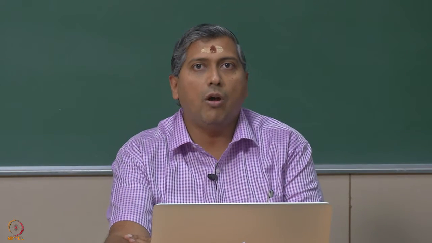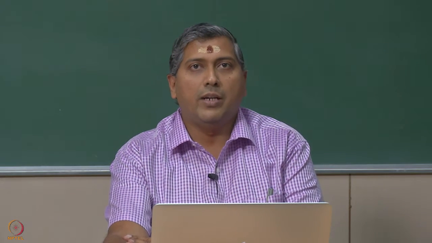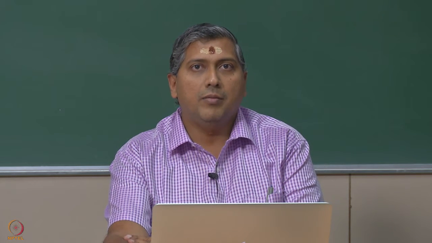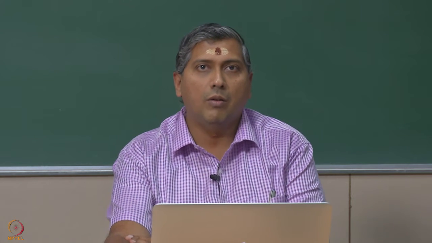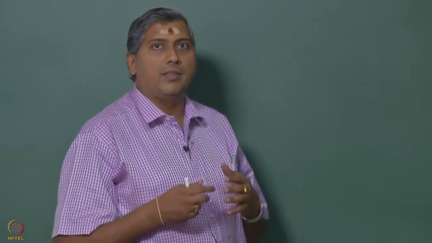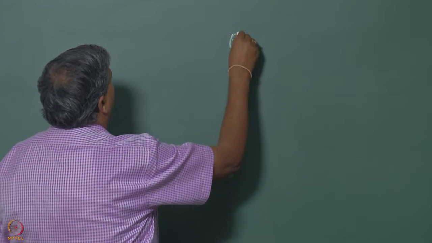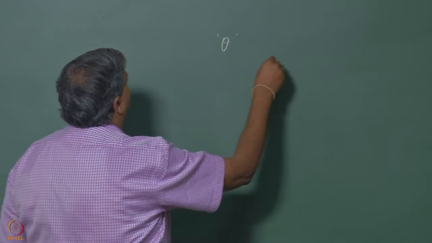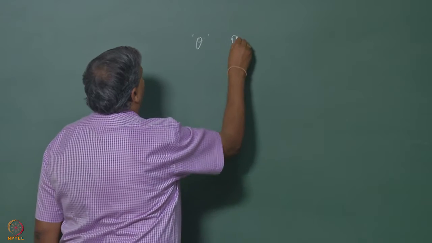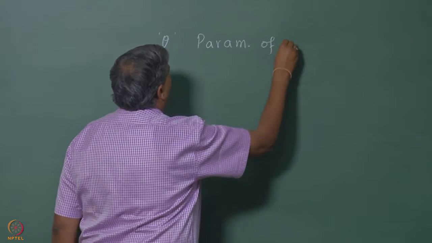Now, if you recall, we had a general procedure for hypothesis testing that we went over in the motivation lecture, and let me make use of the board to explain what we have done and now where we are heading. So, in hypothesis testing, as a general procedure, we said we will first identify the parameter theta that we want to conduct our hypothesis test on. So, this is the parameter of interest.